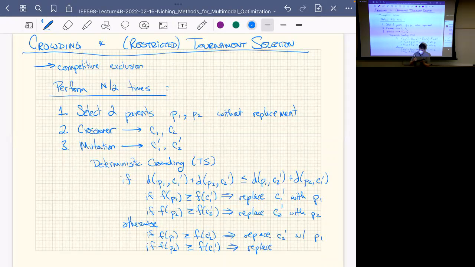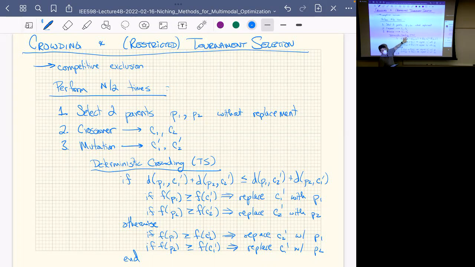Replace child 1 with parent 2. End. And so that's deterministic crowding. So it's basically tournament selection between parent and offspring. We can also do probabilistic. Any questions on this? I know the notation's ugly, but I hope it's clear that we're just saying we find